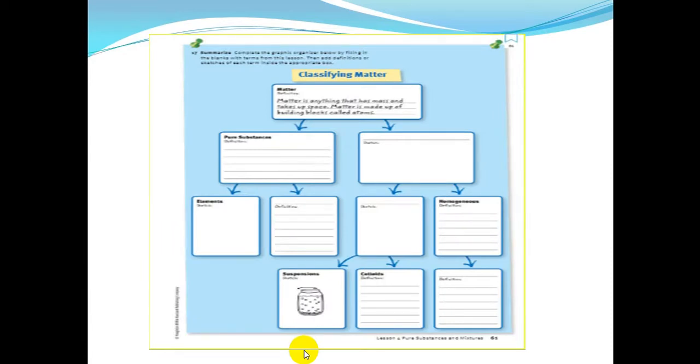So please open with me page 61 and let's solve this together. In this question we need to fill the blanks, and let's see how we can do it. In the beginning here we have matter. Matter is anything that has mass and volume and takes up space. Matter is made of building blocks called atoms. We have the pure substances, and we have another